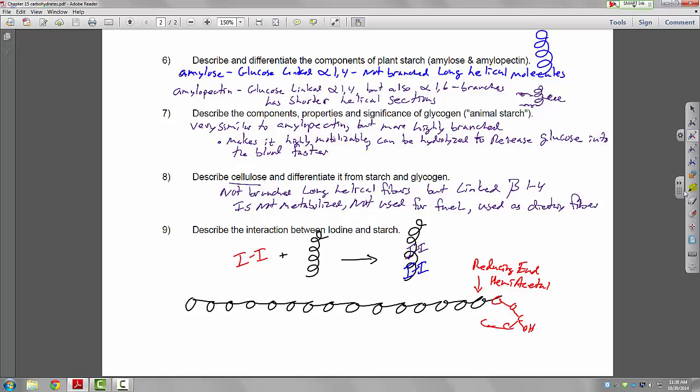The non-reducing end just has alcohol groups sticking off of it, and these glycosidic bonds are acetal bonds, so